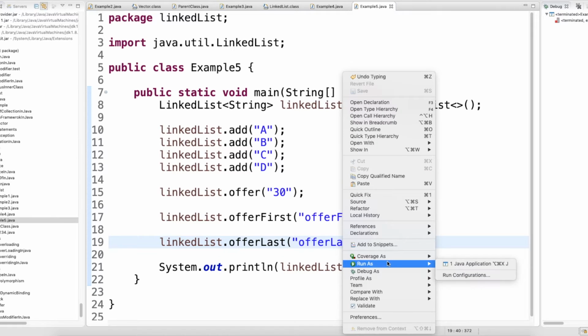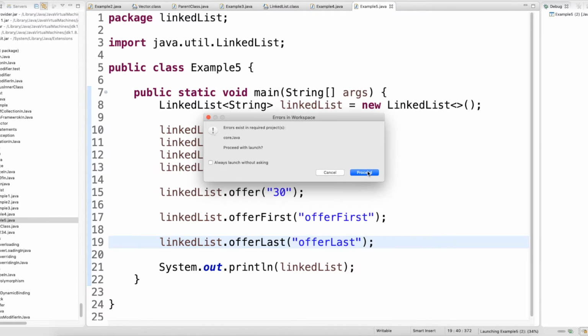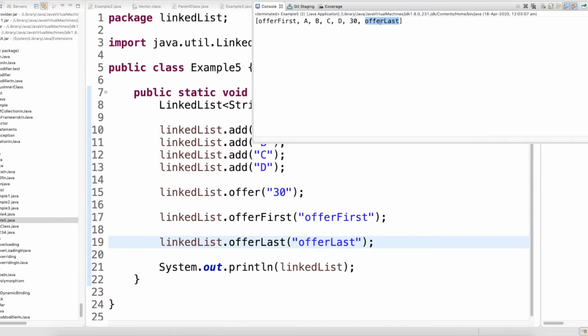Now right click, run as Java application. See, offer last is adding at the end, right?